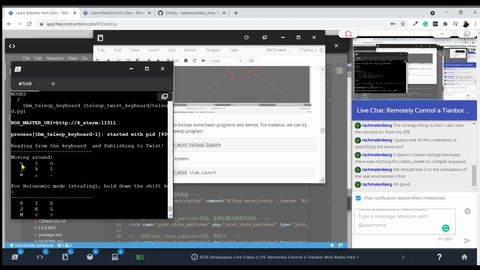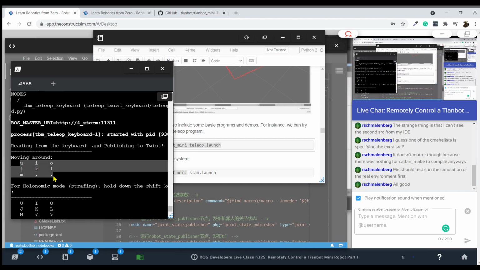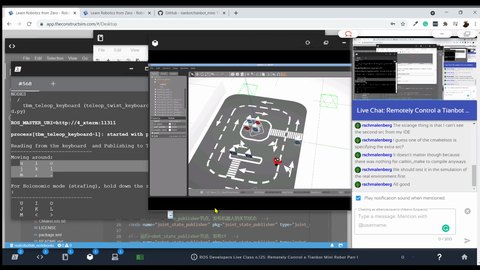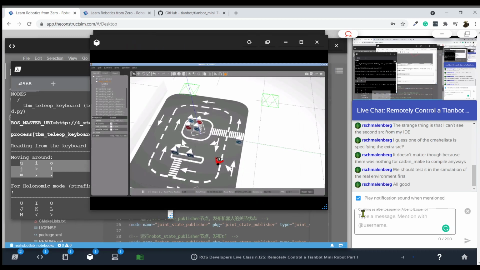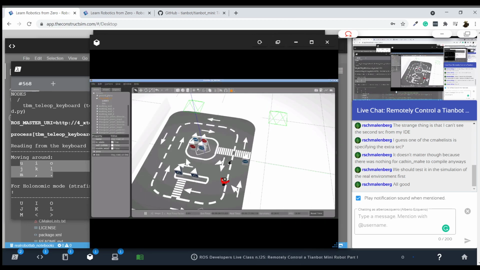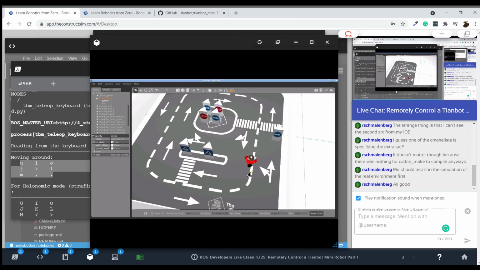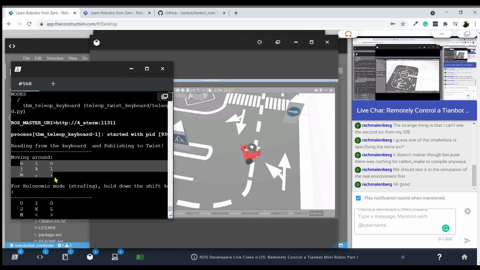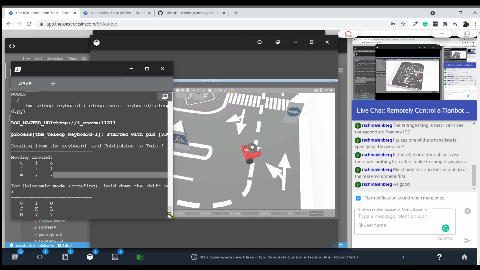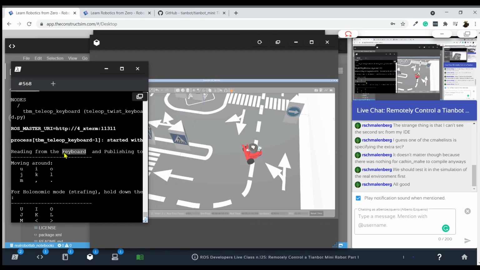And as you can see now, using these keys from the keyboard that we have here, we can remotely control the robot. All right, so let me put here the simulation. I'm going to make it a bit bigger, get a bit closer. There we go. Okay, so now here, by having the focus on this shell and pressing on certain keys, for instance,